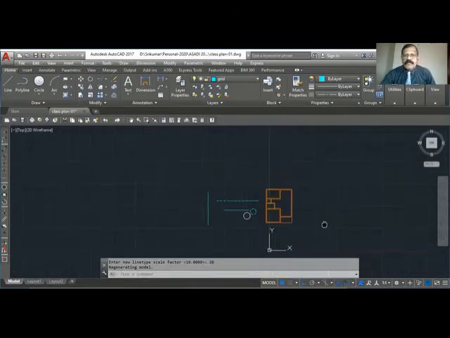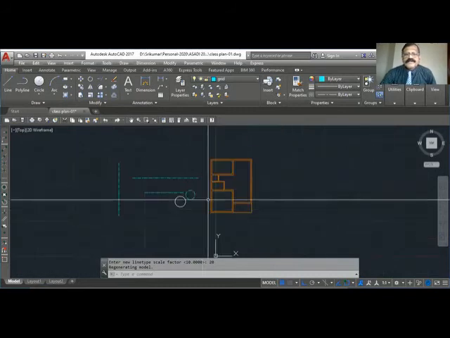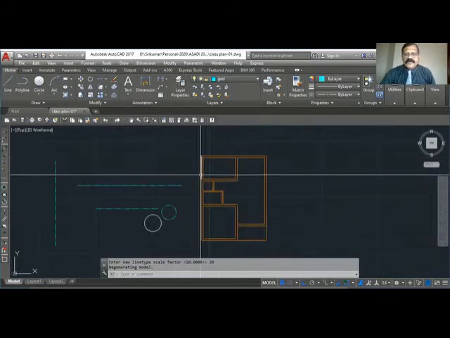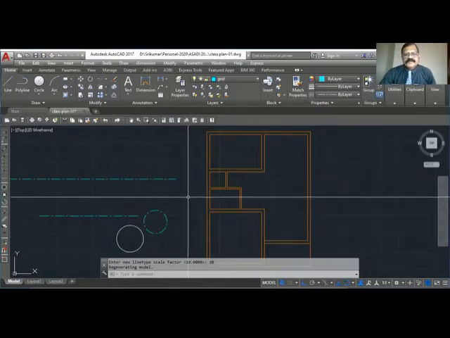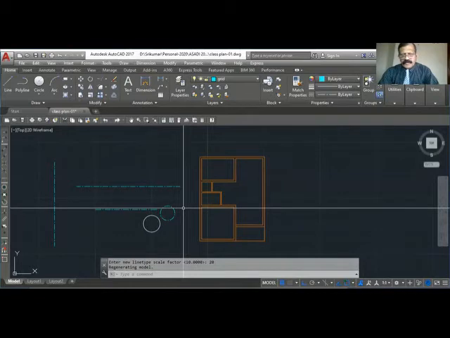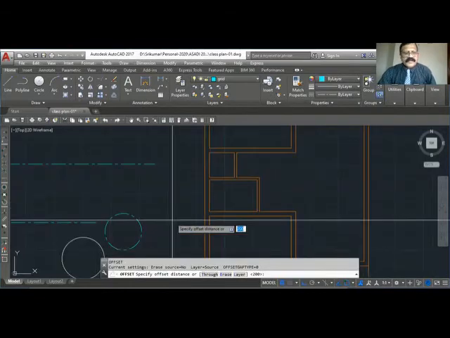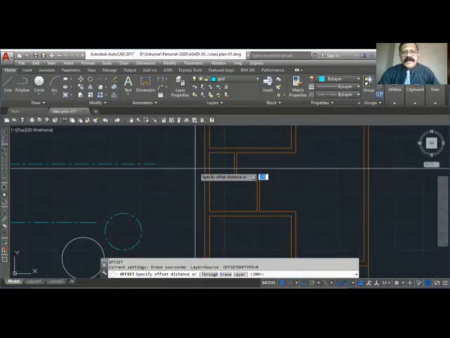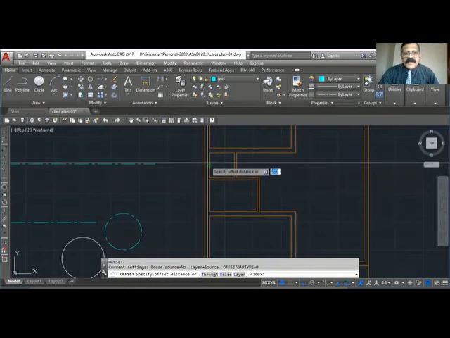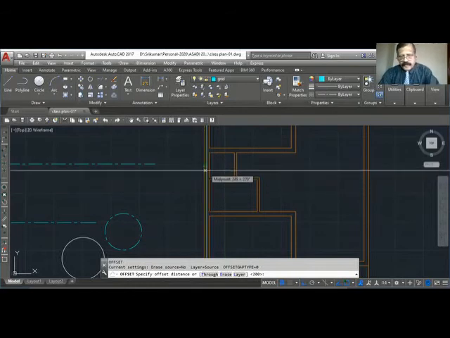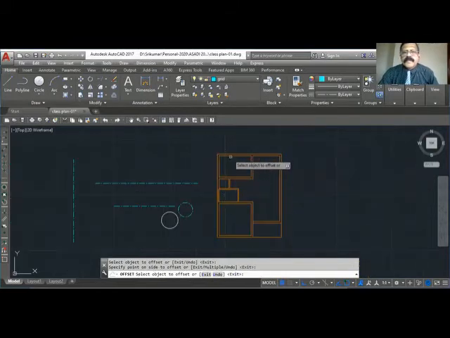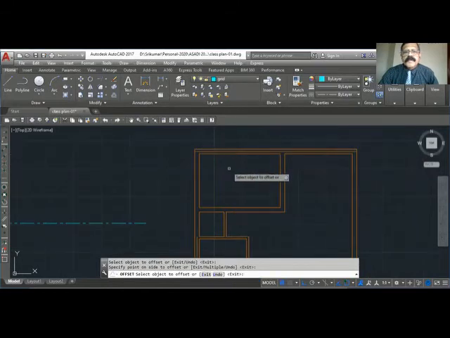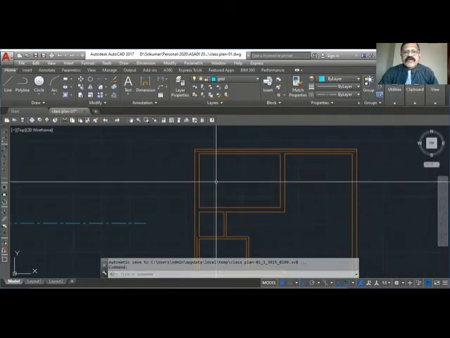Okay. Now I have to draw center line for this and center line for this. Okay, so I will say offset. I'll just offset this line. This gap is 100. So the center line should be offset by 100. But when you offset, what happened?